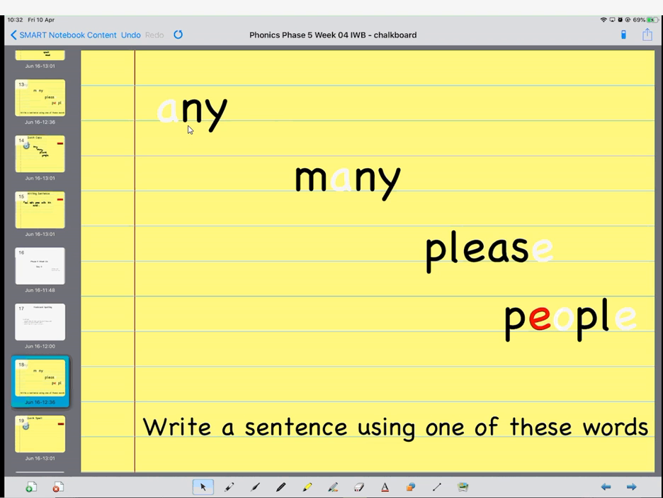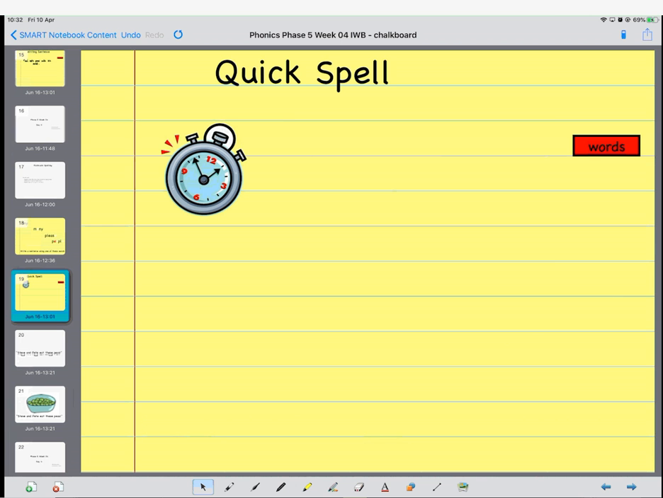Let's read them together now. Any, many, please, and people. So have a go at writing a sentence using a different one of these words. And grown-ups, resume the video when you're ready to continue. Okay, so today we're having a go at spelling these words. So your first word